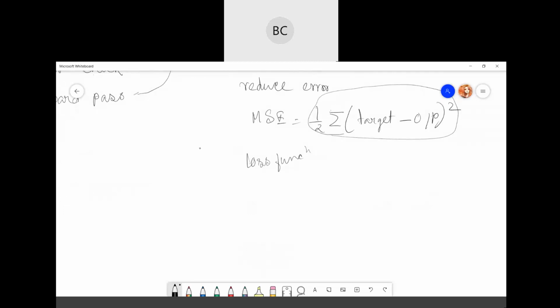Then we update the weight: the new weight will be the old weight plus delta W. This is the gradient, the derivative of your error. If you represent the error as E, then you will calculate delta E of